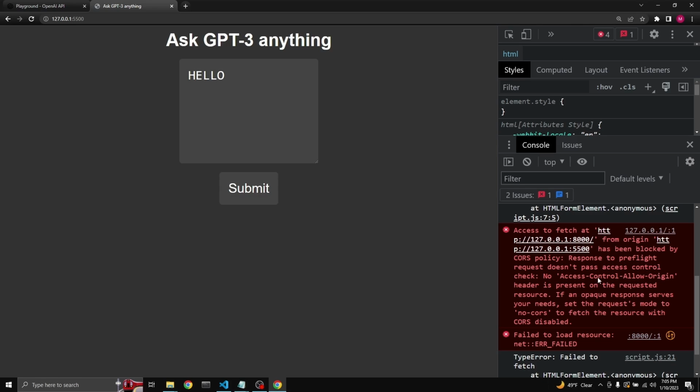So the CORS is just some kind of browser-based system to protect the client side from ill-minded scripts and stuff like that. So to be able to bypass this, we need to implement something called CORS middleware. And we need to put these addresses into its allowed list, so to speak. So I've run into this issue many, many times. So we're just going to go back